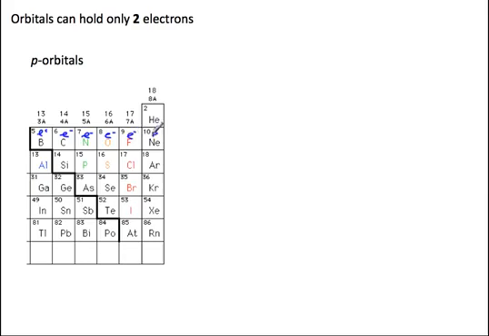Every time I go from one element to the next, I'm changing the nucleus, but I'm also adding an electron. That electron is being added to the p block, so I need orbitals to hold those electrons. If the p block is 6 elements wide, and each orbital can hold 2 electrons, it stands to reason I need 3 p orbitals per